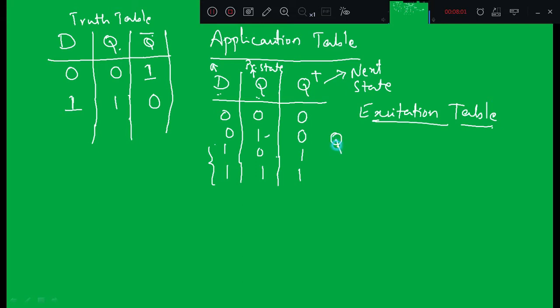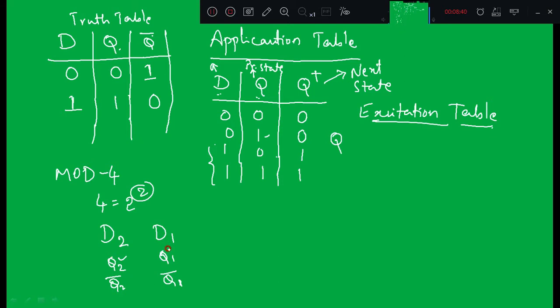So how many flip flops we need? We are designing a mod 4 counter, right? So for mod 4, we require total 2 flip flops, because 4 is equal to 2 raised to 2. The power gives you the number of flip flops, right? So 2 D flip flops we are going to use. So we need 2 inputs, that is D2 and D1, right? So outputs of D2 are Q2 and Q2 bar, D1 are Q1 and Q1 bar.